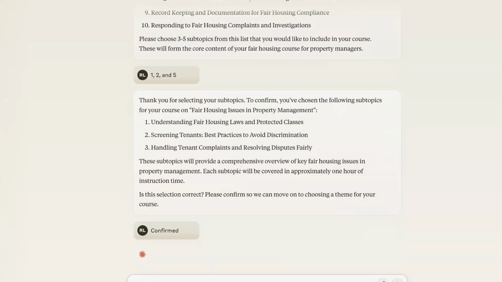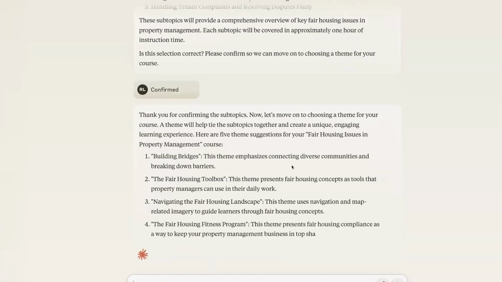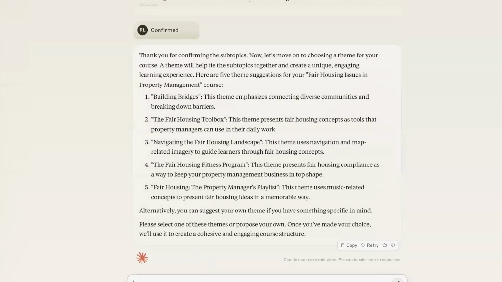And then it will ask for a theme, right? So here it's giving us a couple of themes: building bridges, the fair housing toolbox, navigation, fitness, and a playlist.